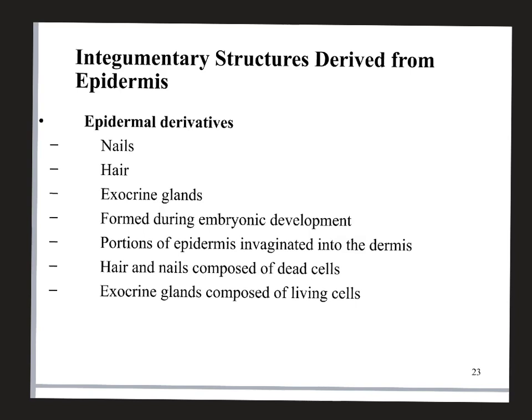When we talk about derivatives of the epidermis, we're actually talking about structures that derive from epidermal cells. Nails and hair are actually cells that are keratinized. They are like squamous epithelial cells that have been altered in such a way that they have different types of keratin, different types of protein and structure, and then they look like fingernails and hair, right? And even exocrine glands are all derived from epidermal cells, right? And when I talk about exocrine glands, I'm talking about sweat glands,